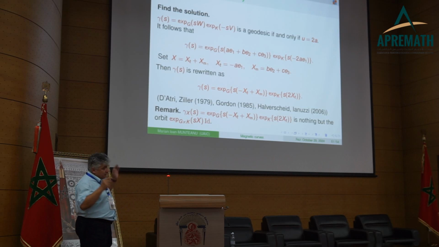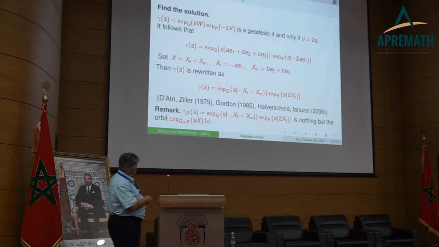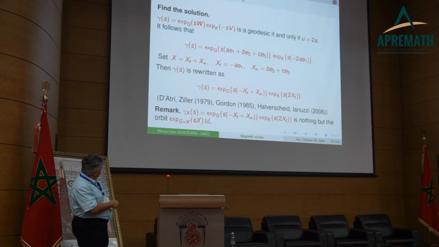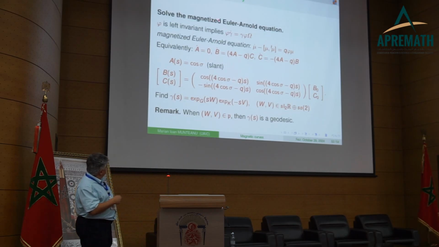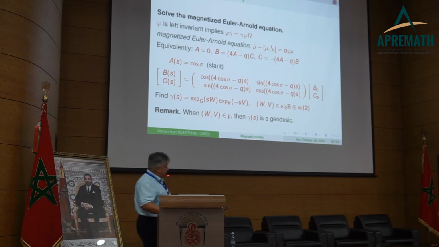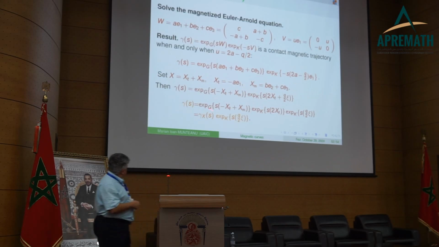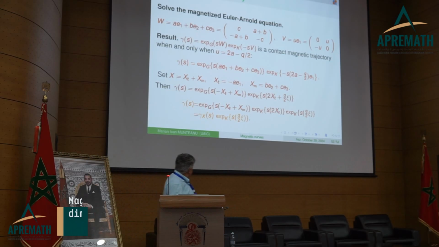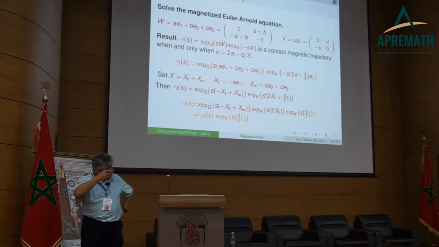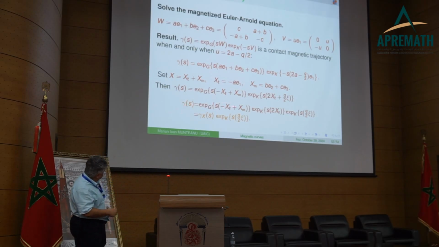So here is a product, but if we think of SL2R cross SO2, it is exactly the orbit of the exponential of Sx, the identity in that big group. The magnetized Arnold equation is this one, and we do the same thing, and the same thing we obtain. So everything is analogous to the geodesics, and we obtain this one. So here is the expression we previously obtained, and here is the charged magnetic trajectory corresponding to psi. So here is the geodesic, and here is